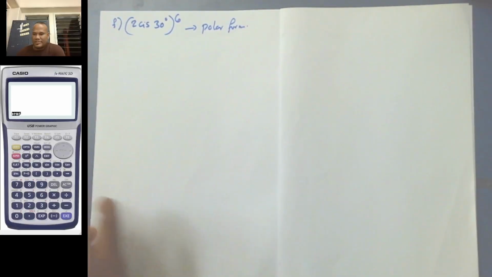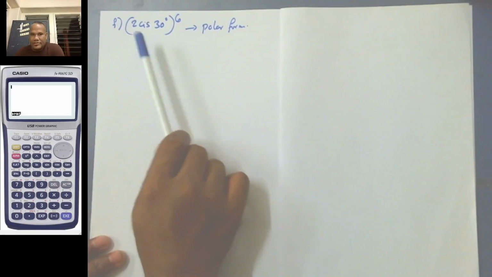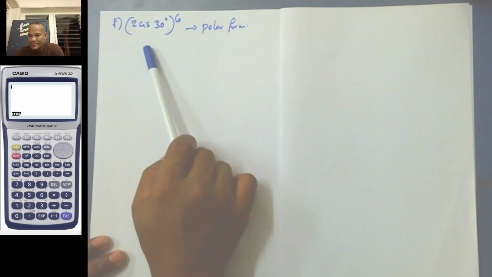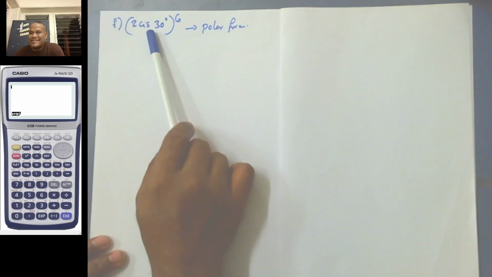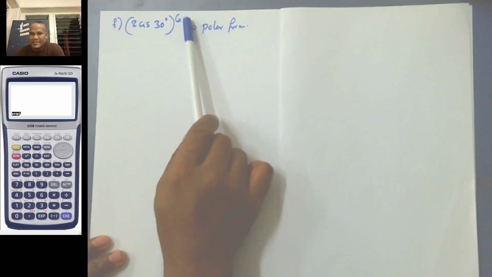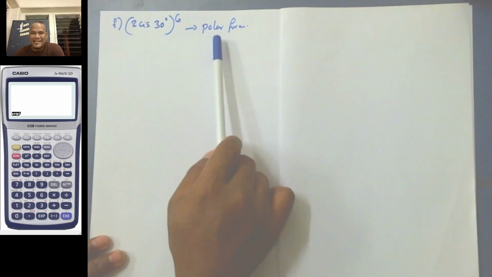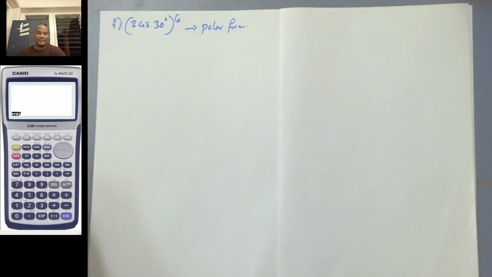So our question is saying that we need to find the value of 2 cis 30 to the power of 6, and whatever answer we have, we need to leave our answer in polar form. So what's the approach here? Now the approach here is